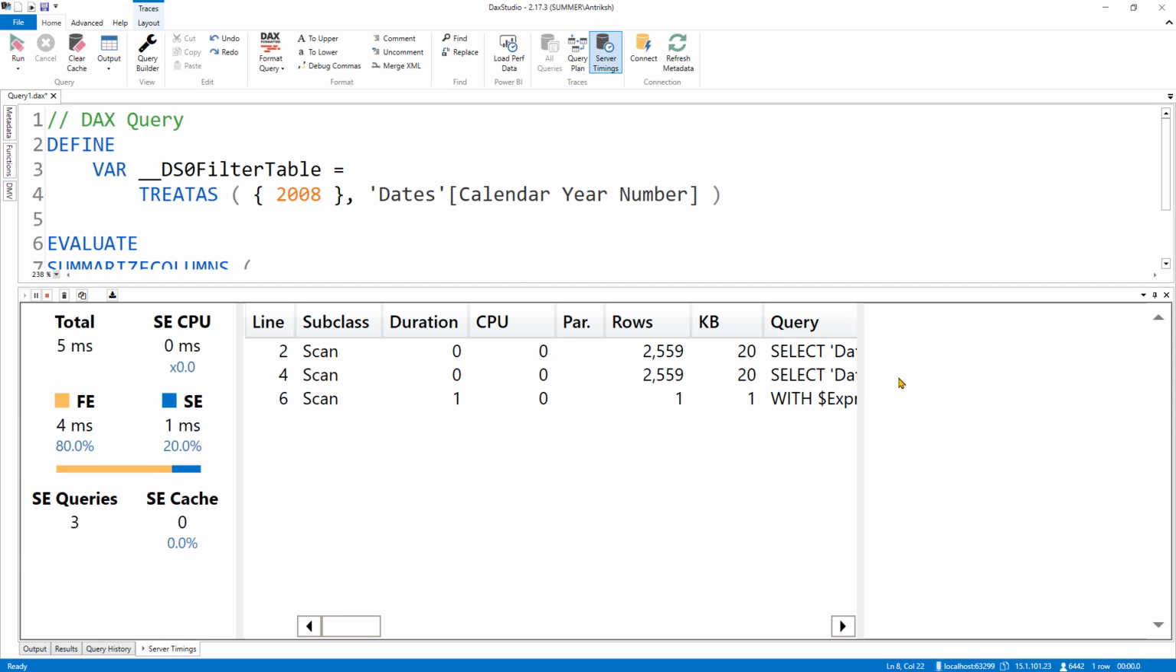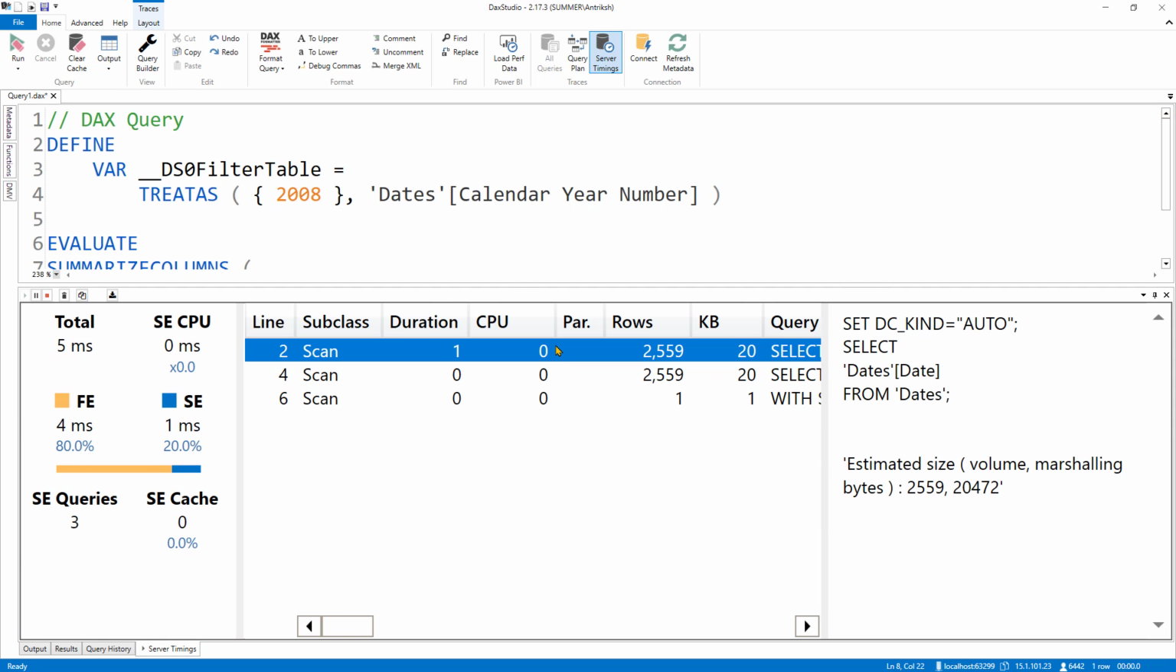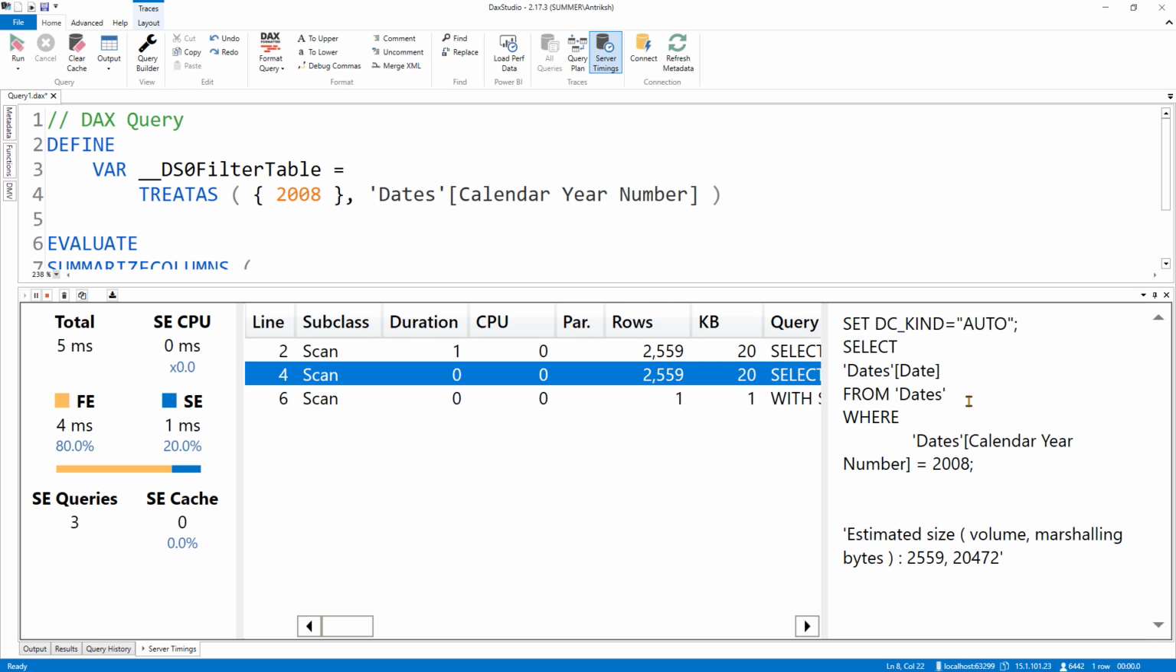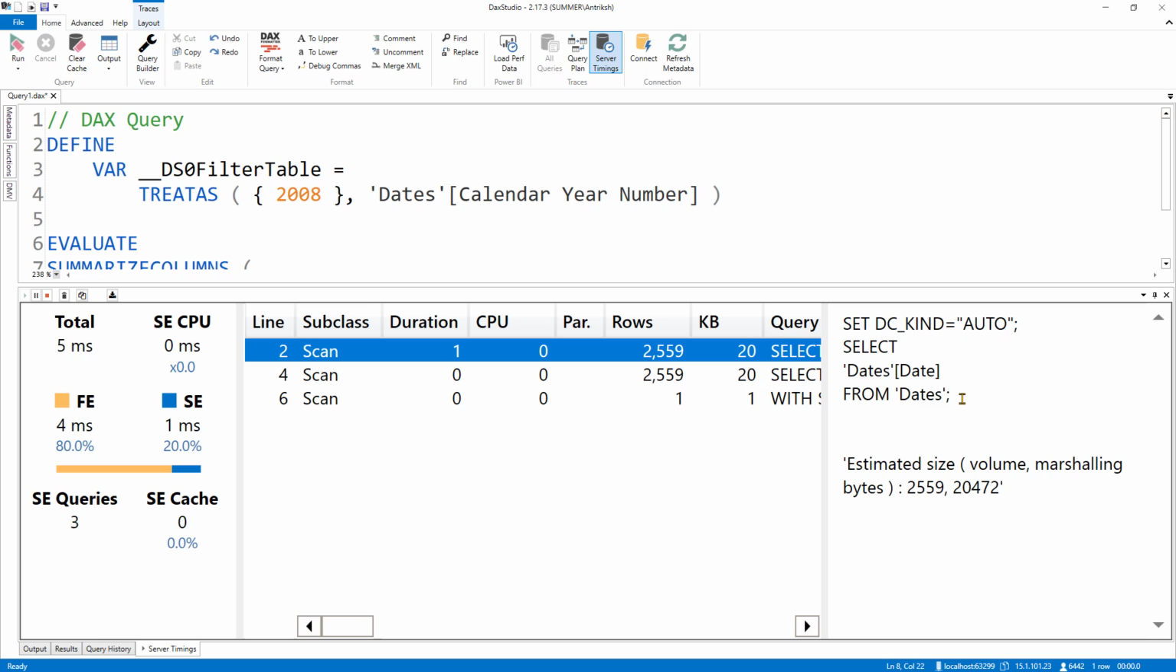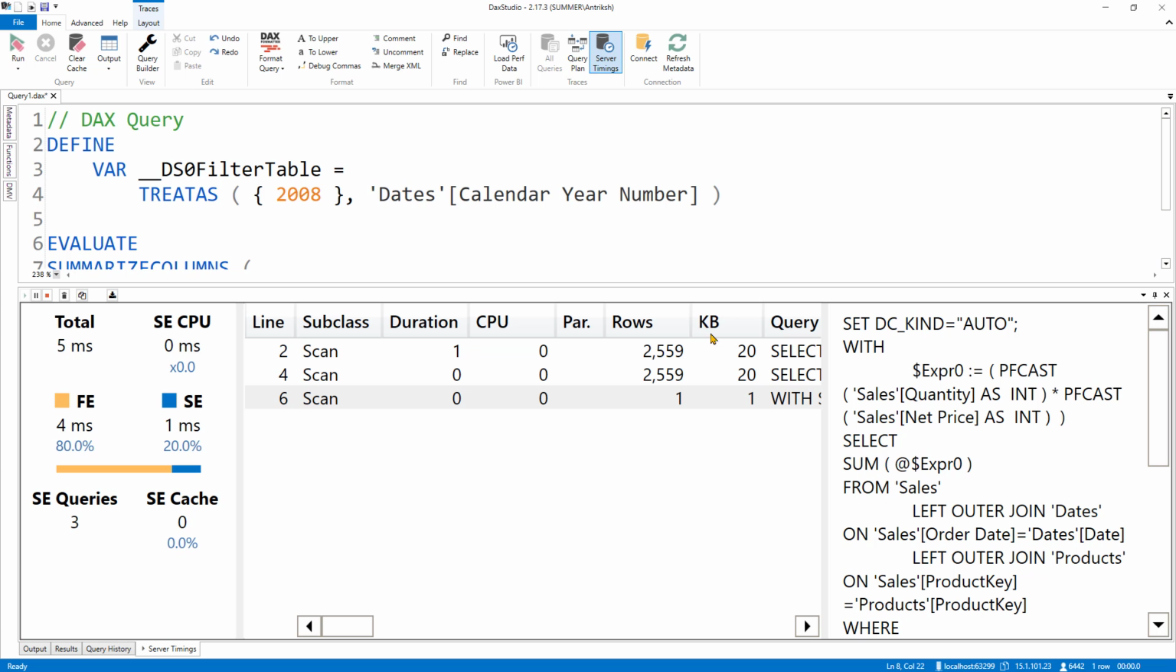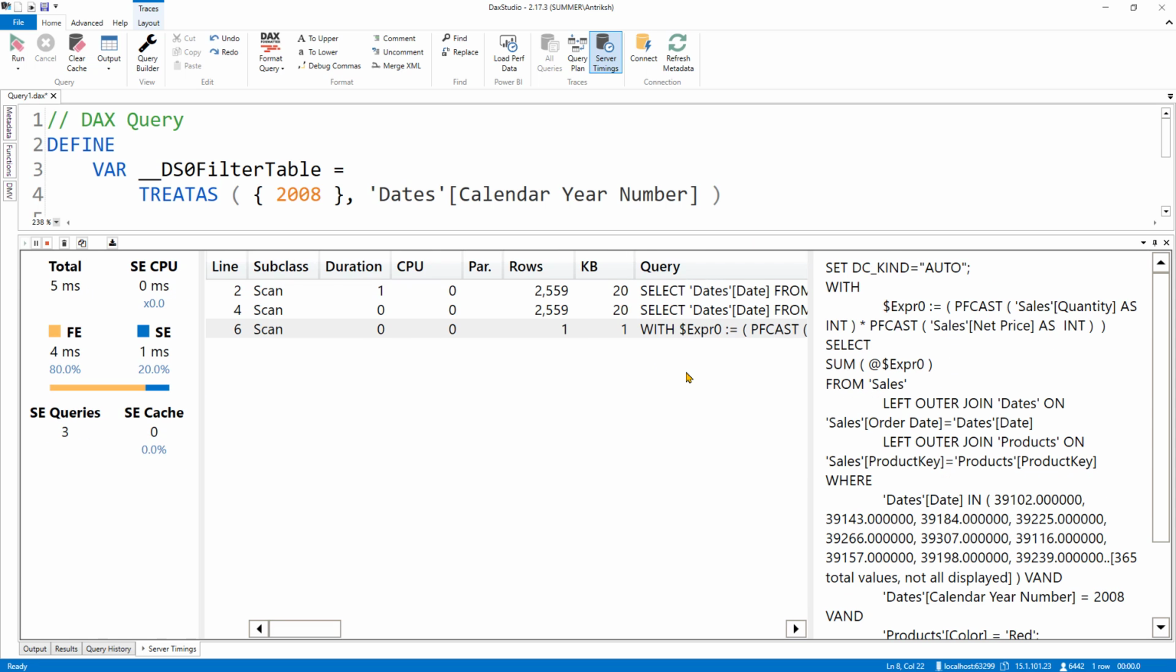let's expand everything. So the first query that is getting executed against the storage engine is for retrieving the date column from the dates table. Then we have the dates date from the dates table where the calendar year number is 2008. So this one should be for the slicer, and I think the first one is for computing the same period last year. Let's go to the third query, and this is the most important one